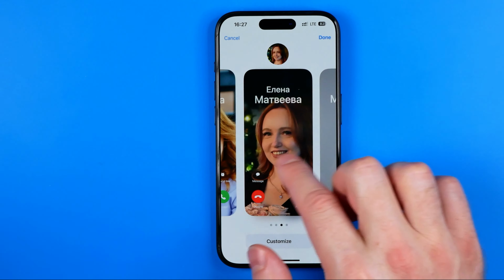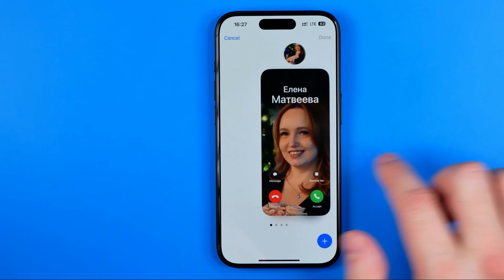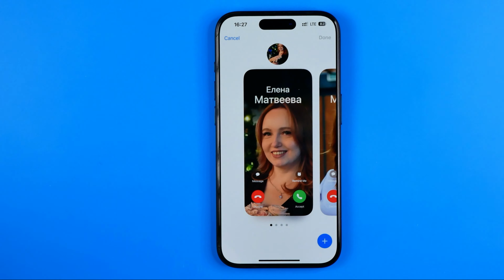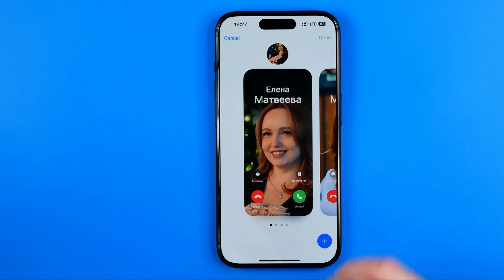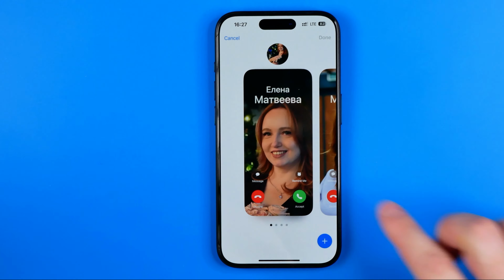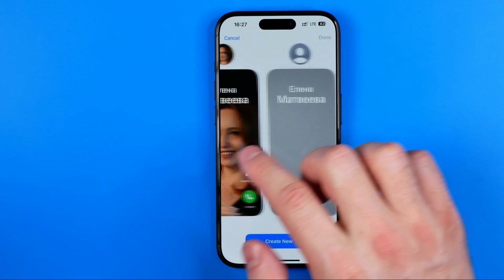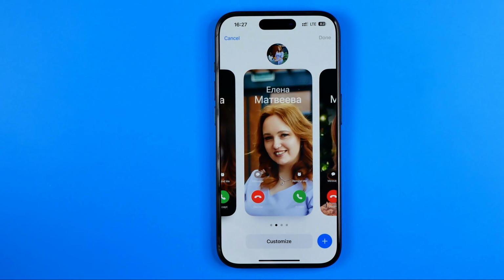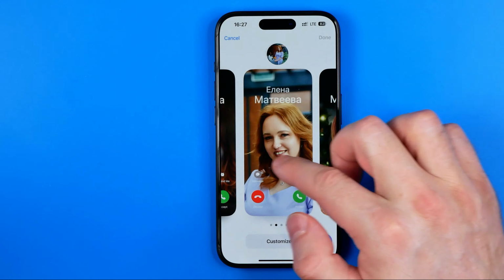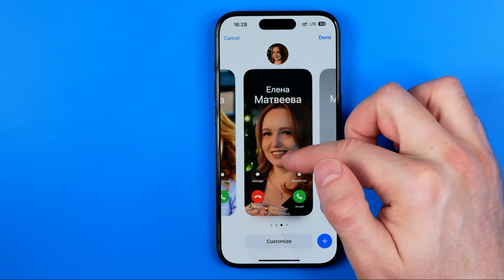we'll find all the contact posters we've created for that particular user. The first one is actually the current one. We'll see that contact poster when they call us. And also here we've got previous versions of the contact poster for that user, and from here if we want to delete